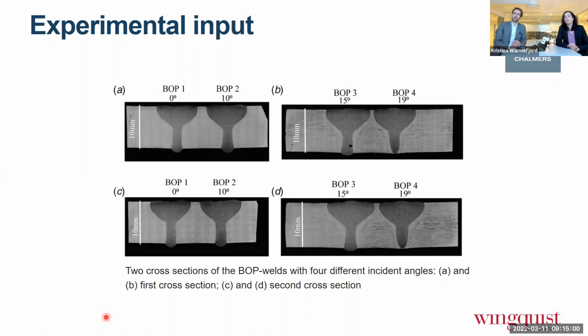So we decided to do some experimental welding where we tilted the beam angle. And here are some examples of what we saw there. And you can see moving from the left to right, you increase the tilted angle from 0 degrees to 90 degrees. And 90 degrees was the maximum allowed tilt angle. So that is why we got those angles. And also you can see that you have this characteristic keyhole melt zone